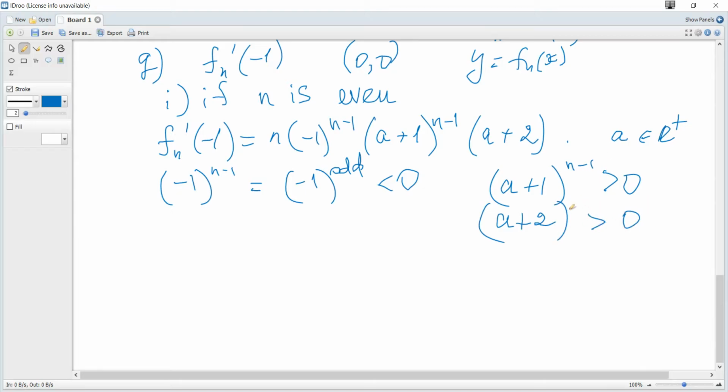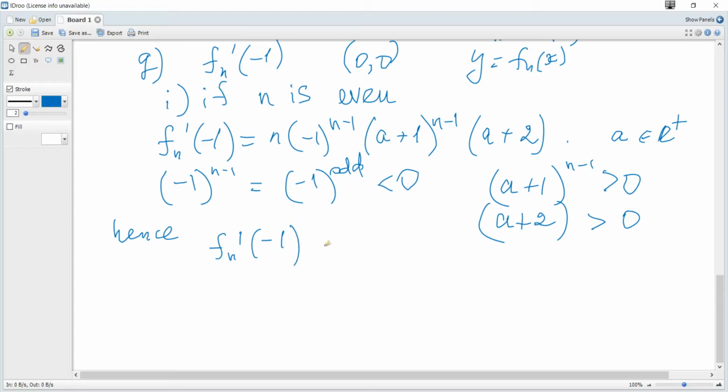And actually it's not necessarily required n to be greater than -1. Even if power is negative, some number raised to negative power will also be positive, and hence